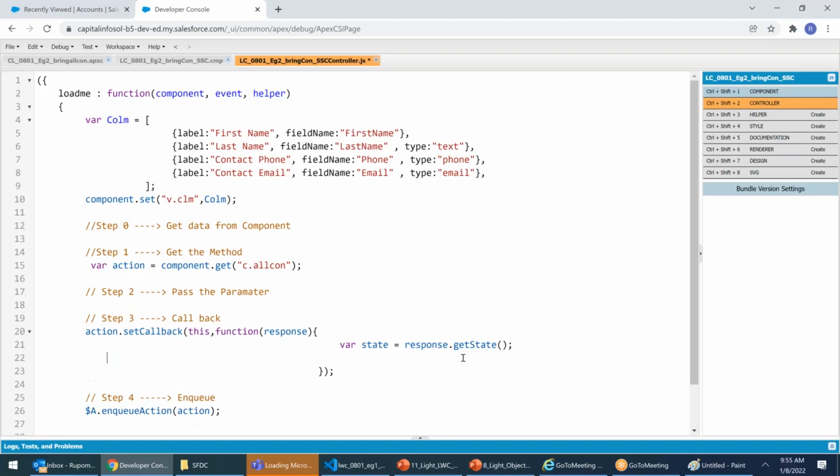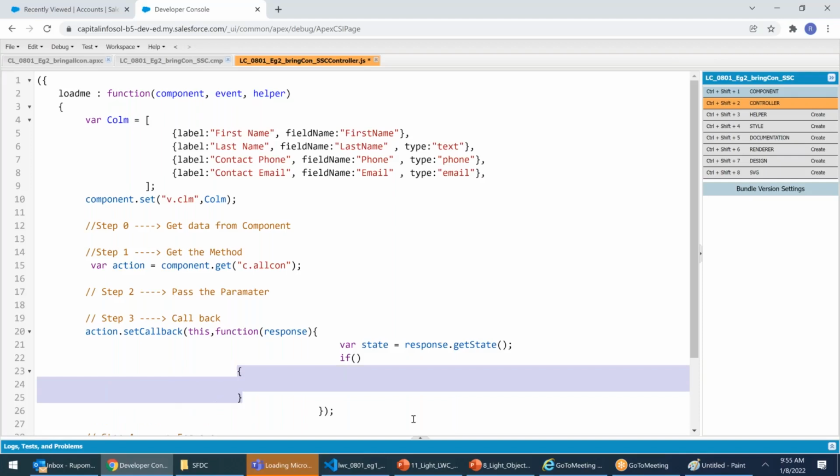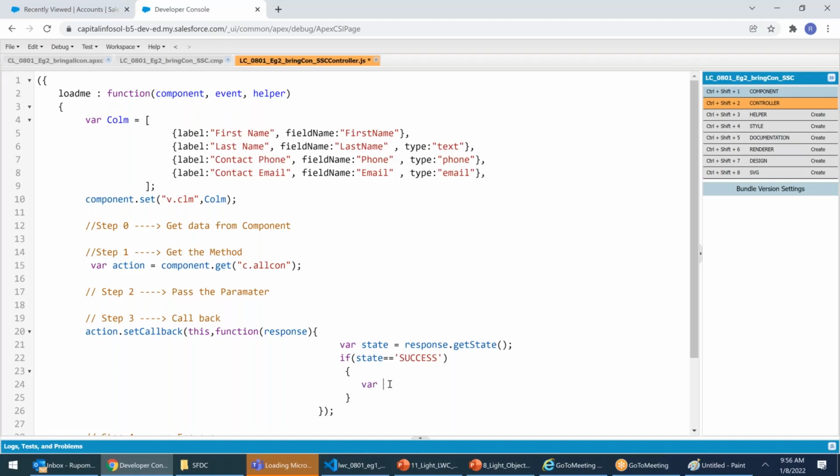If the courier boy was successfully reached, if state equals to success,